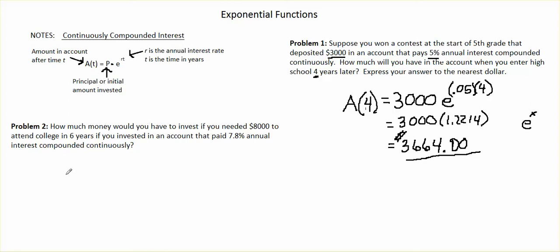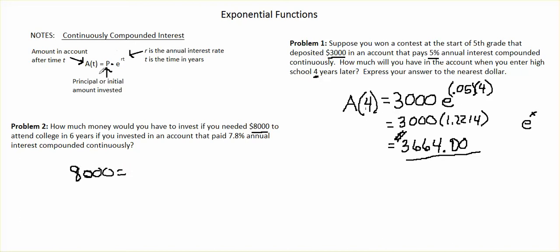How much money would you have to invest if you needed $8,000 to attend college in 6 years? So here, one of the most important numbers here is $8,000. And they're not telling you how much you invested. They're asking you to figure out how much you invested. How much was this initial amount that you invested? So that $8,000 is the amount here after the time has elapsed. So $8,000 is going to equal